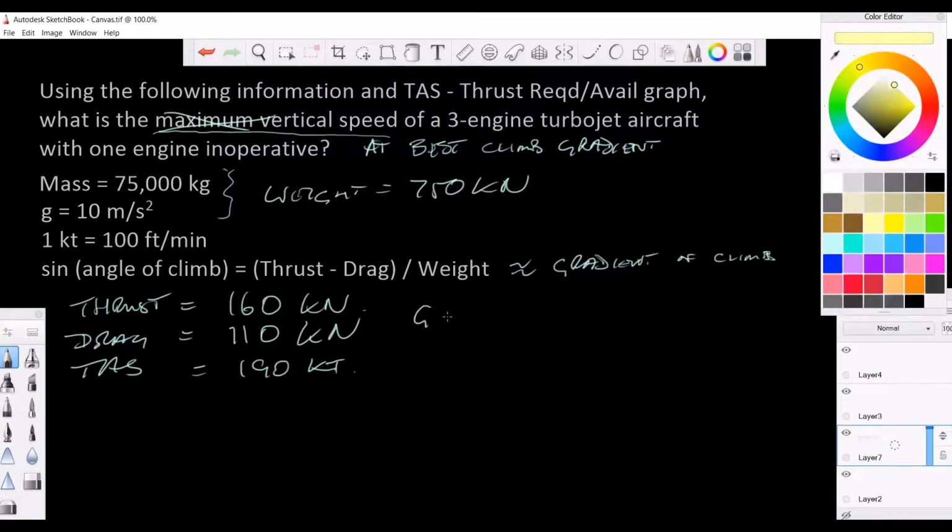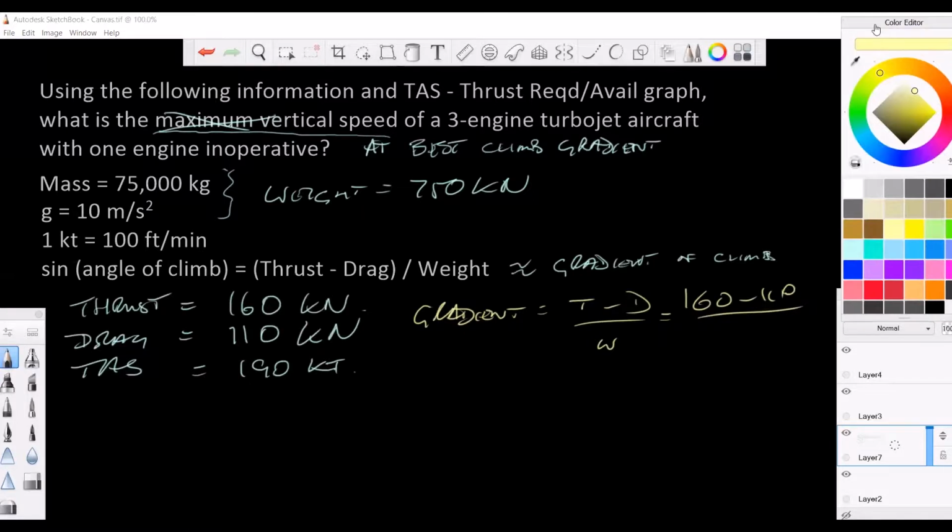So gradient equals thrust minus drag over weight, which in kilonewtons is 160 minus 110. Notice it doesn't matter what units I use as long as I'm using consistent units. So I'm using kilonewtons as the unit here. I don't need to go to newtons and stab extra zeros into my calculator. So divided by 750 kilonewtons of weight. So I got 160 minus 110, that's 50, divided by 750 equals, give me